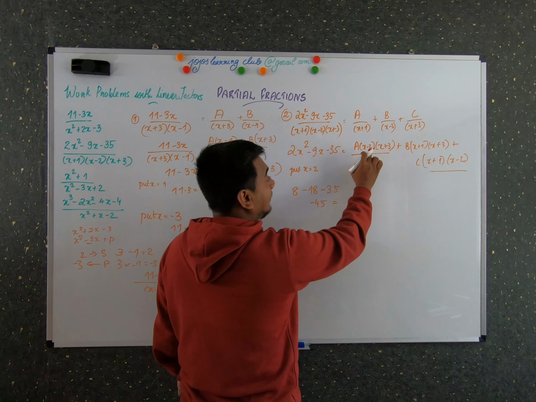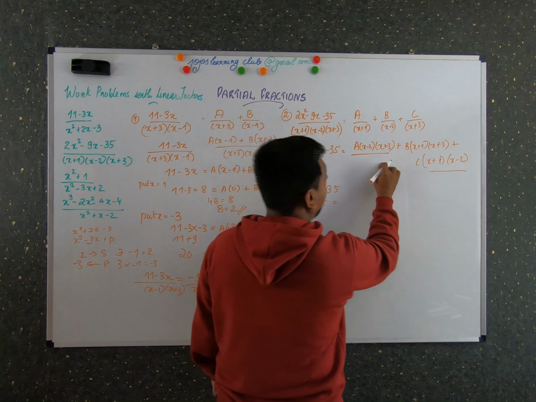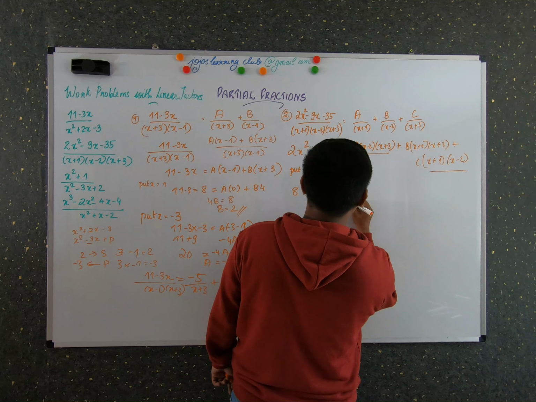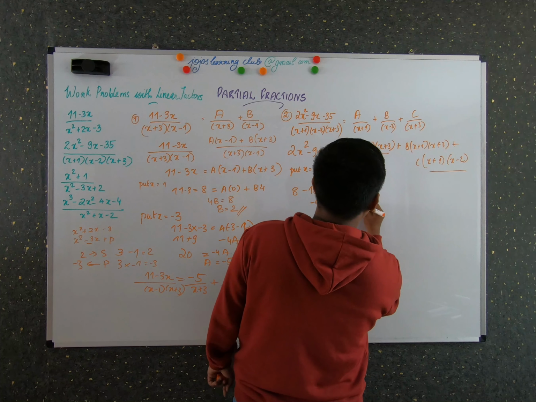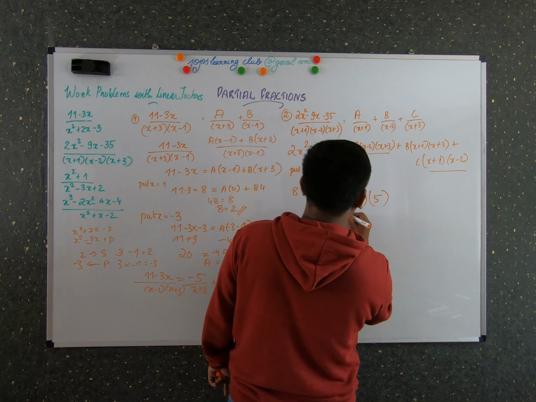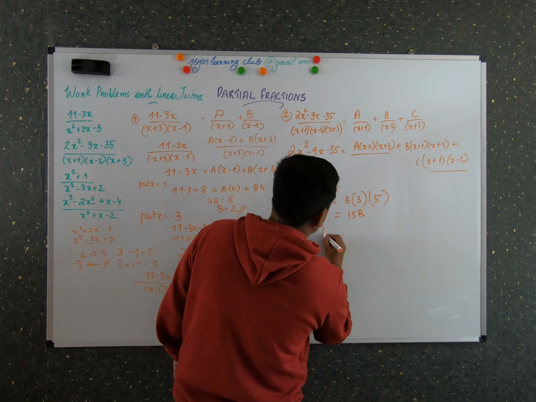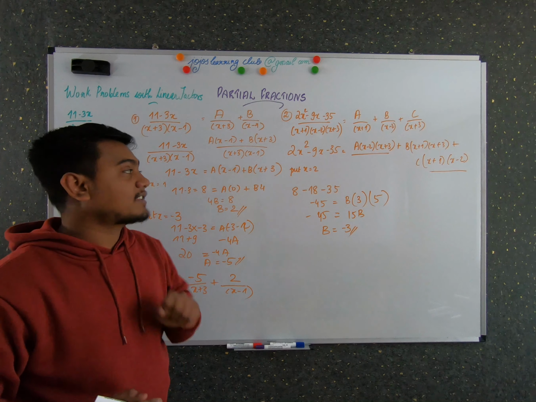You can see that A into (x minus 2), this term is already 0. Any number with 0 is 0. So this entire expression is 0, and here also it is 0. Now you have to check the other side. B into (x plus 1) is 3, into (x plus 3) is 5. So what would be the answer? 15B is equal to minus 45. So B's value is minus 3. So we got the first value.